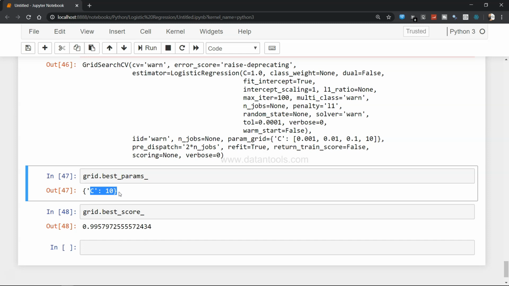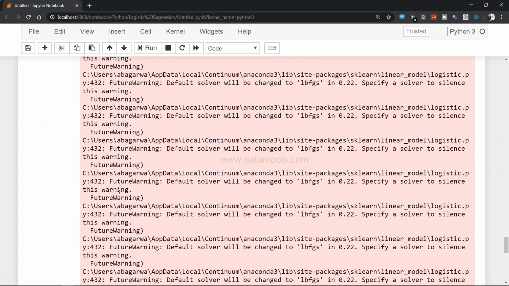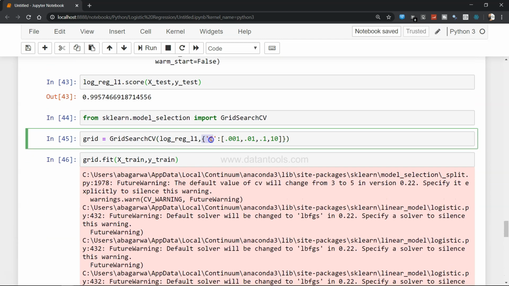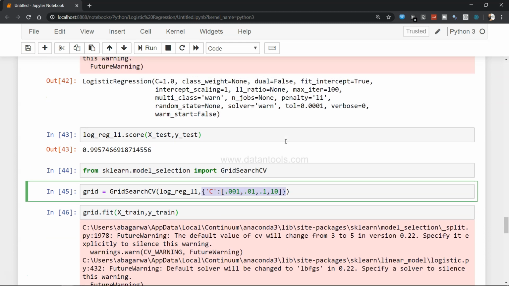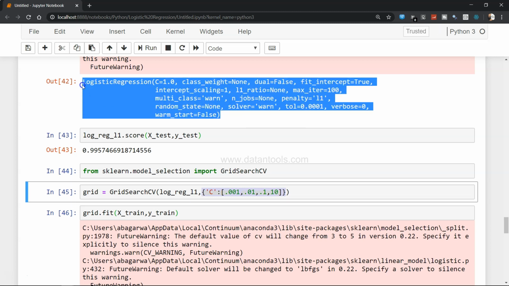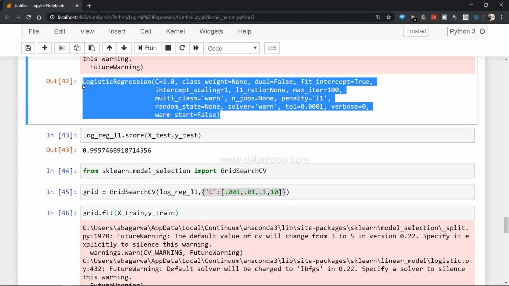So these are some of the ways by which you can tune the parameters. I have used C over here. You could have taken both L1 and L2 over here for the regularization. Also you can play with different parameters, right? But just remember that it takes a lot of time. If I had used the entire 6.3 million rows, it would have taken hours for me to run this.